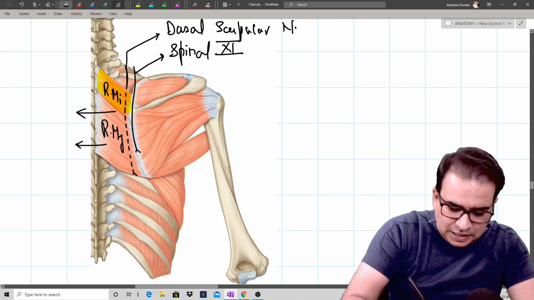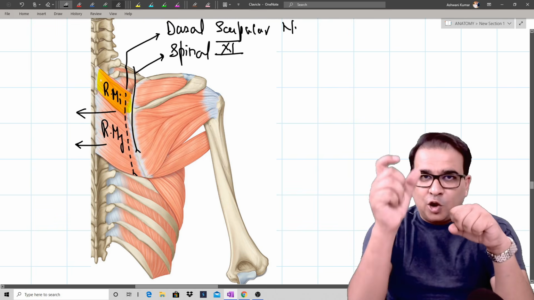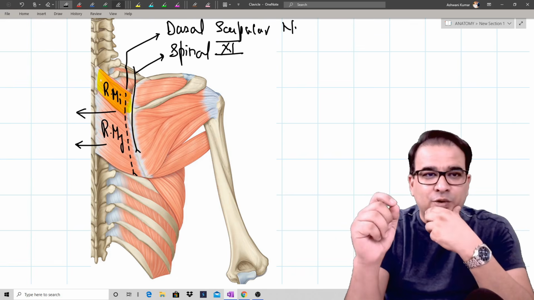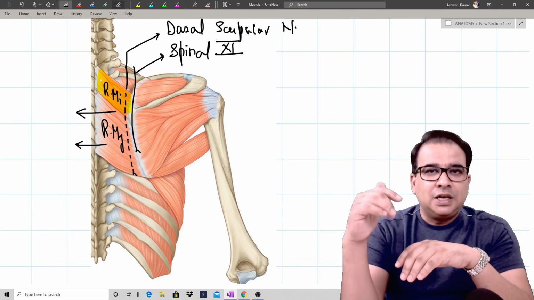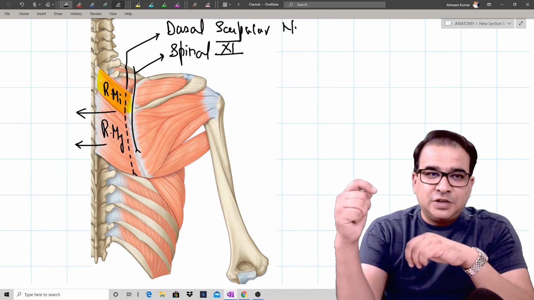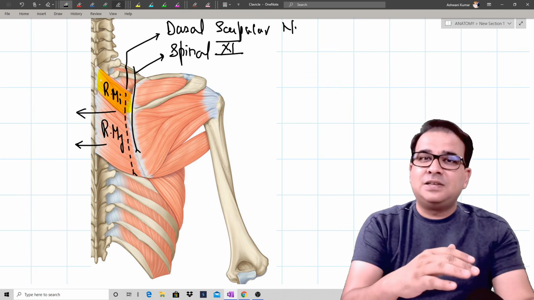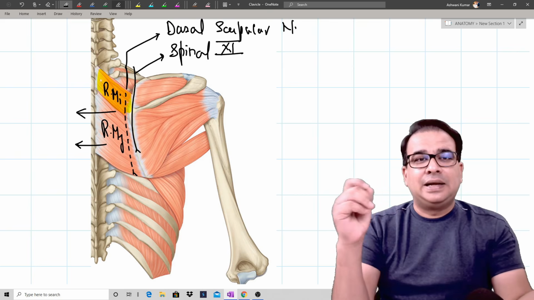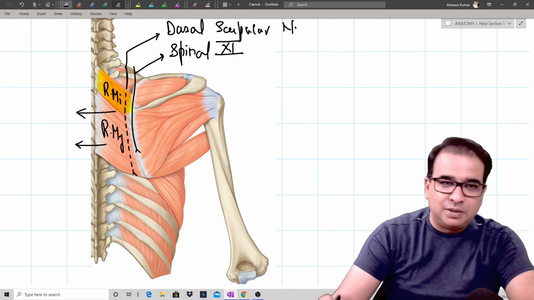So that's a hint, guys. You might see a cadaveric picture in which you will see two nerves running along the medial border of the scapula. You have to understand that the nerve running superficial to the rhomboideus minor and major is to supply the trapezius muscle, which is even more superficial. The nerve running deep to the rhomboideus minor, major and levator scapulae is supplying them, and that is the dorsal scapular nerve that will be running deep to these muscles along the medial border.